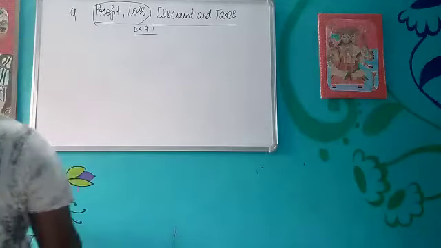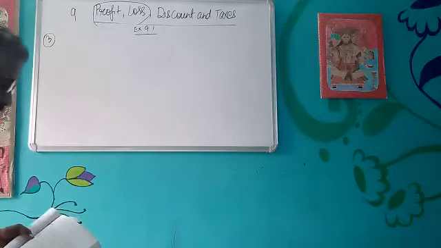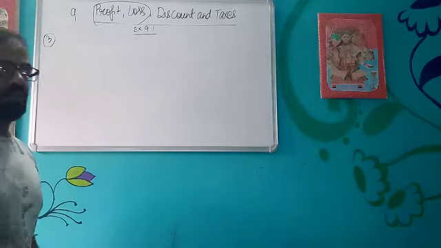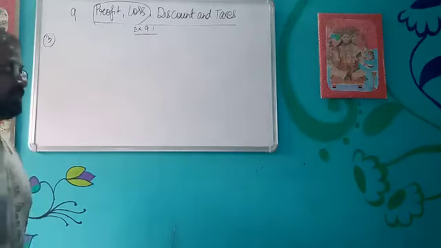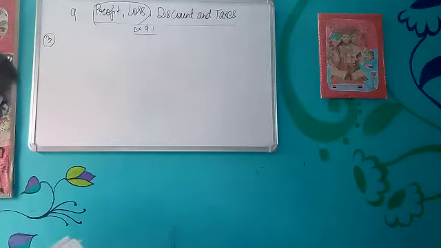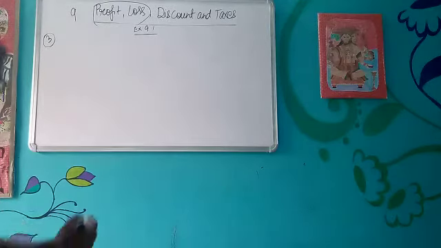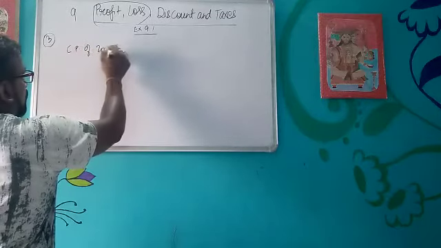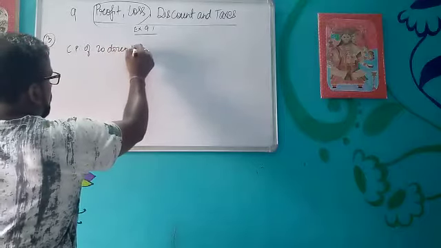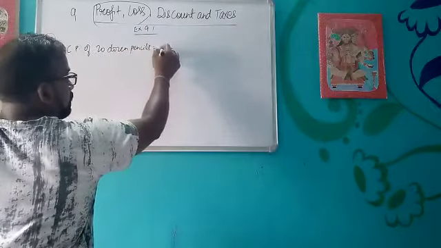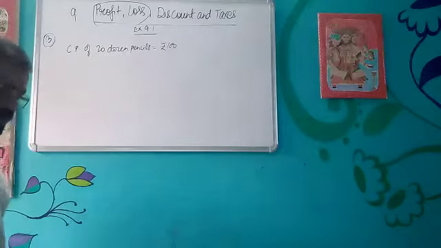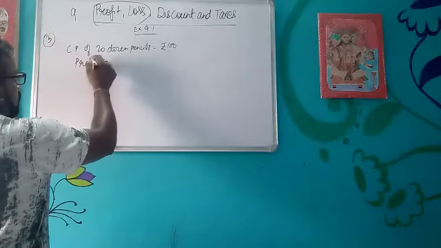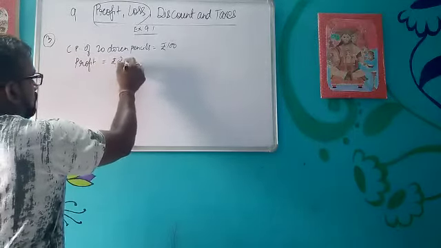Okay, let's see one more question in this given. Mahesh bought 20 dozen pencils for rupees 100. At what rate should a pencil be sold? So we have to calculate the selling price of one pencil, not of 20 dozen pencils. And what is given? Profit is rupees 20. So what we know? We know cost price of 20 dozen pencils is rupees 100. And what also is given? Overall profit is given, that is rupees 20.